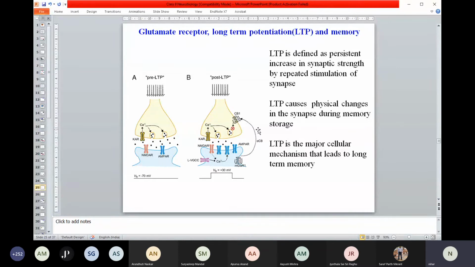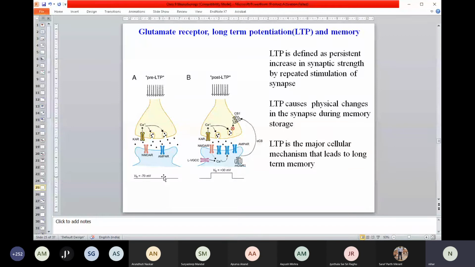I'm just going back to summarize it. Just think about the presynaptic neuron and postsynaptic neuron. In the case of learning and memory, there is a specific neurotransmitter called glutamate. Once the neuron is active, glutamate is released and it works on the postsynaptic neuron. There are different receptor types. Once it binds to the receptor, the postsynaptic neuron gets activated.